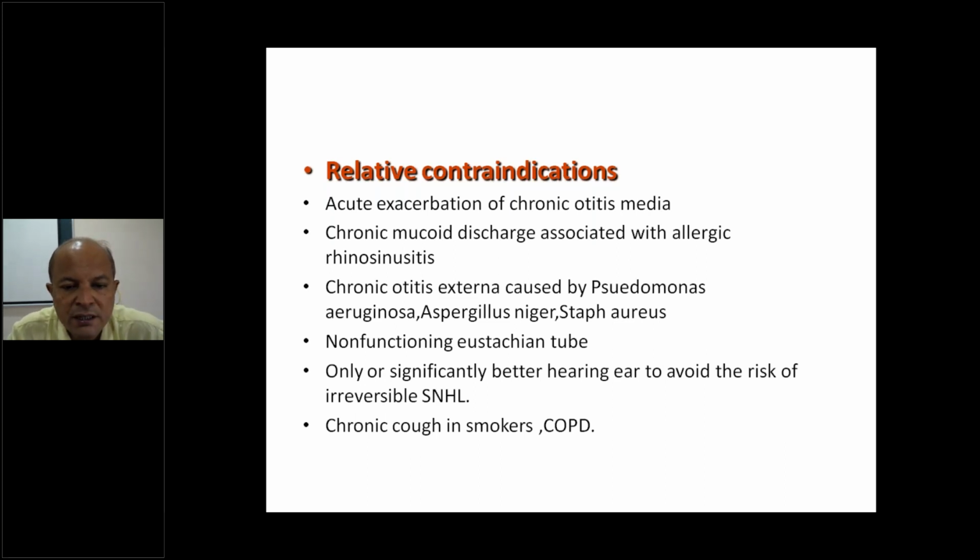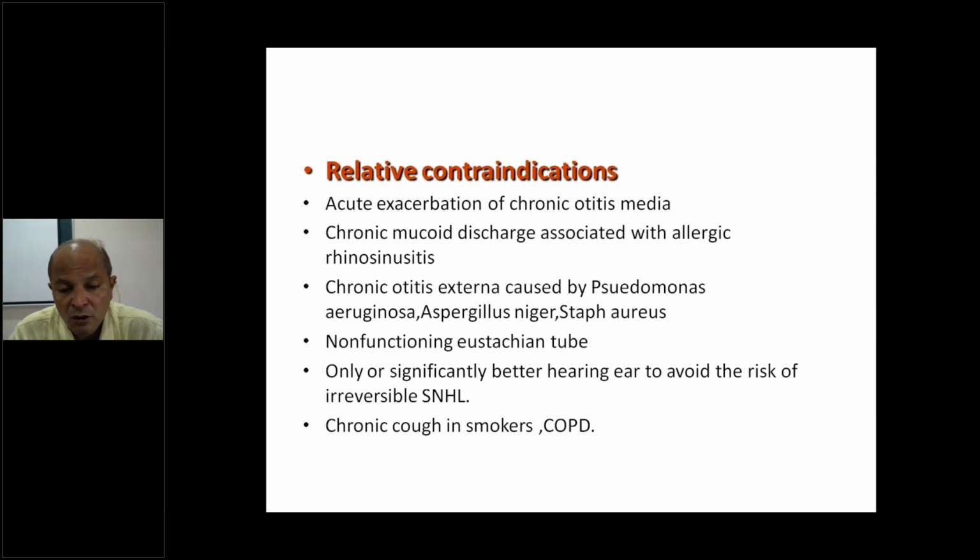In non-functioning eustachian tube, you try to find out what is the cause, whether it's an obstruction like adenoids, and in that condition you do adenoidectomy or adenotonsillectomy and then plan for surgery, or whether it is due to a nasal pathology like sinusitis which you have not detected, and then this sinusitis leading to post-nasal drip and eustachian tube dysfunction, or even in case of allergy also, allergic nasopharyngitis will lead to tubal dysfunction.